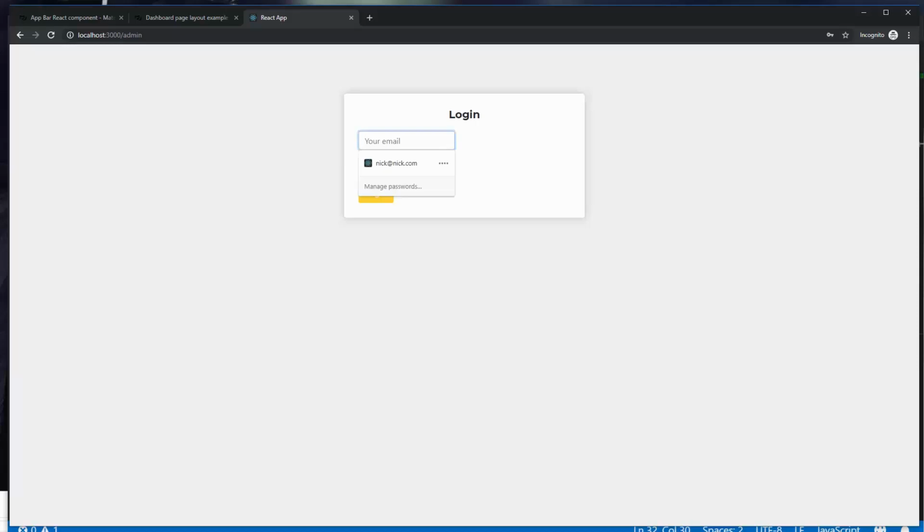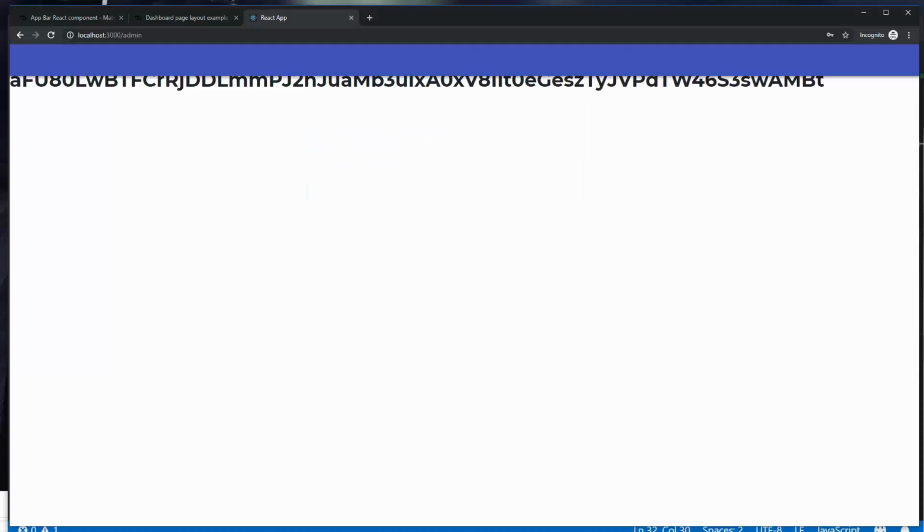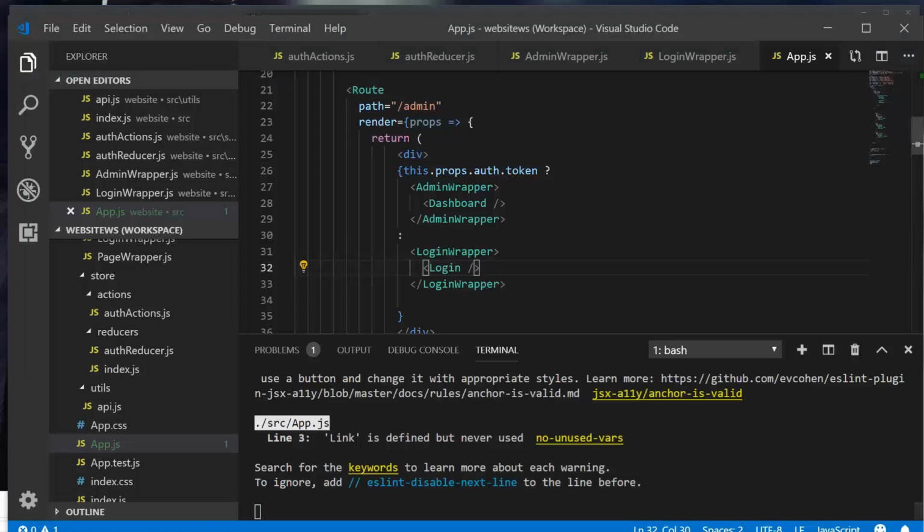So I will have to log in. So I'll log in with nick at nick.com. And there we go, we're logged in. Now we have an app bar. It's a default color, and we can change this. We're going to talk about styling Material UI components a bit later. For right now, we're going to go ahead and add in, I guess, just some typography. And so we're going to put some text up here, and it's just going to say admin page or something